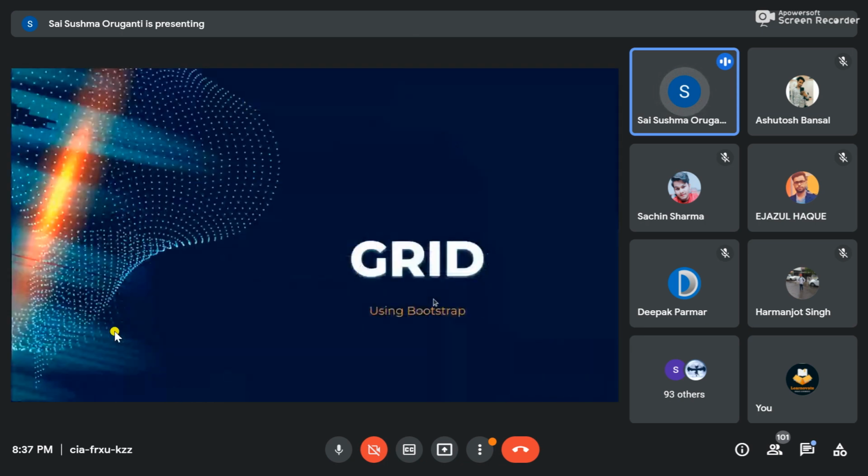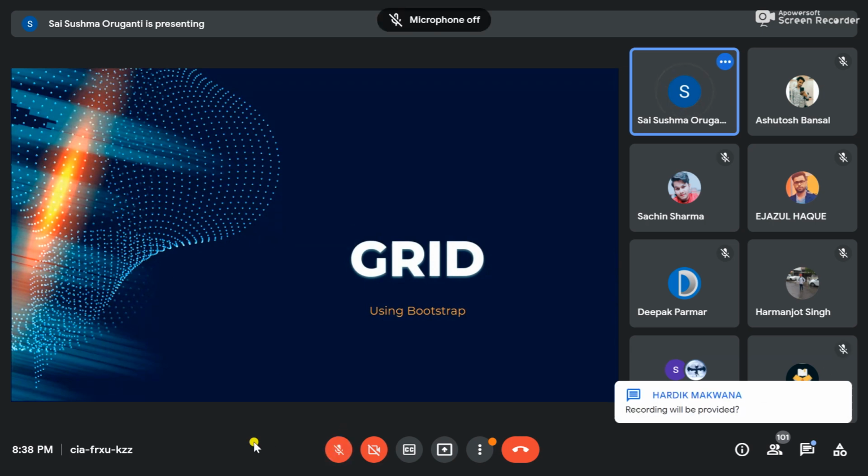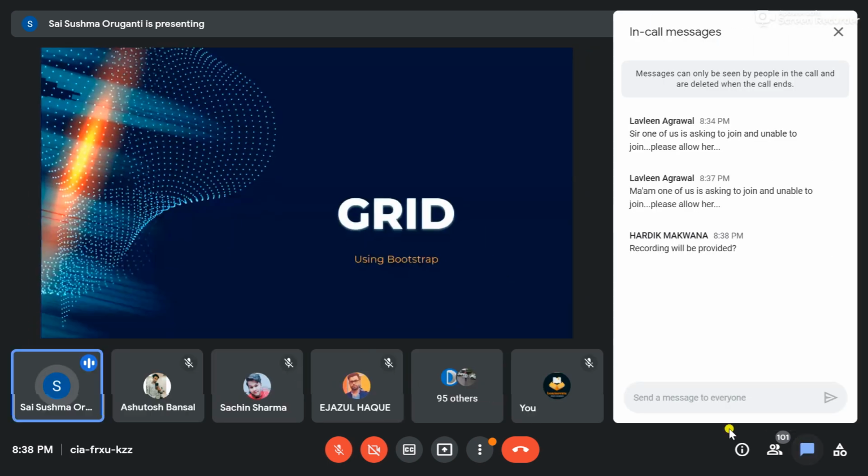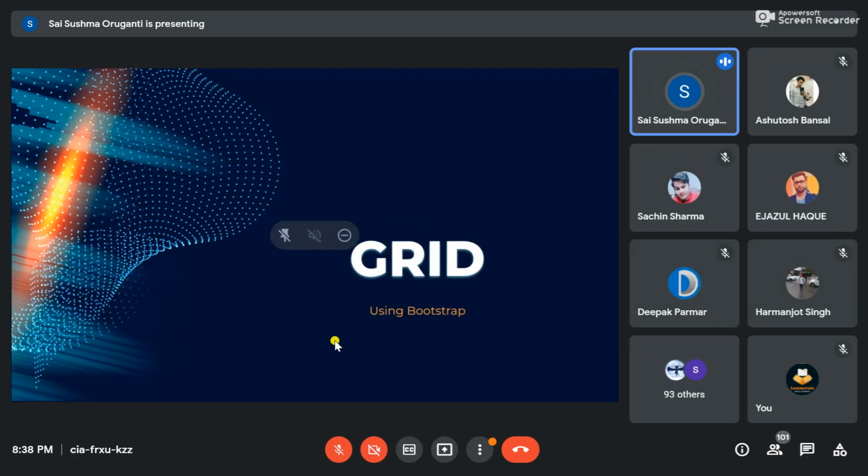So today I'm going to discuss Bootstrap. Many of you are aware of this. By using Bootstrap, we can develop dynamic websites. Most developers use Bootstrap very much in their web development. So I'm discussing grid and flex in Bootstrap now, and I will share some of the links after the class regarding this Bootstrap, and also some of the key points I will tell you. Please note it down if it's possible.